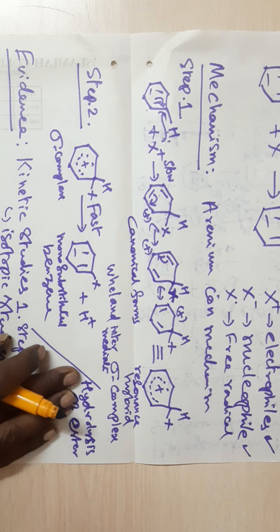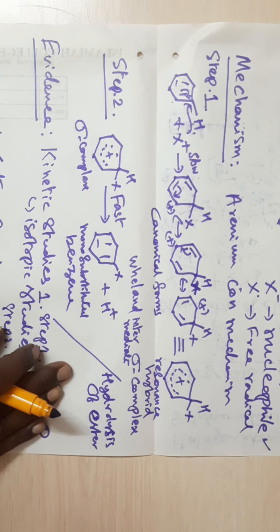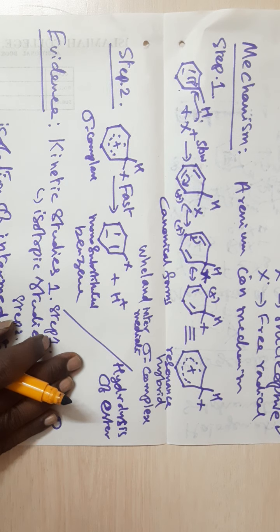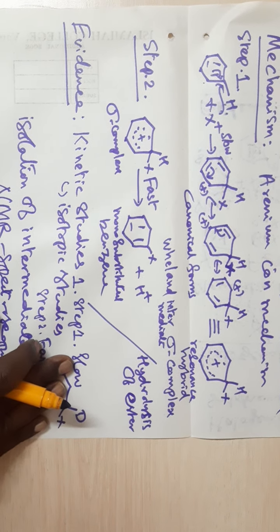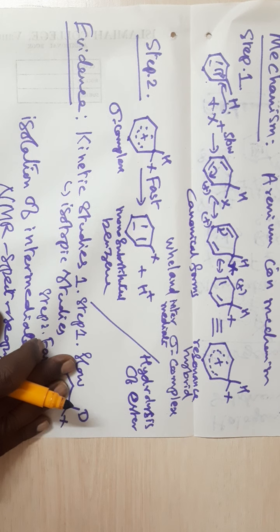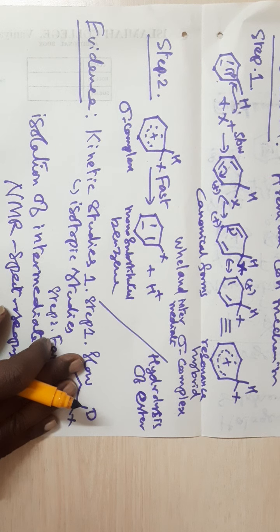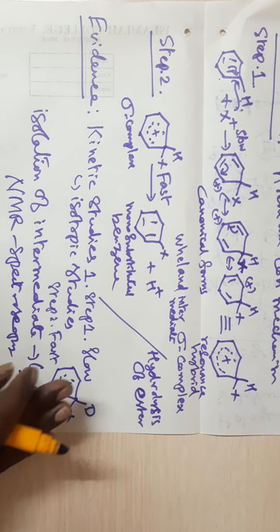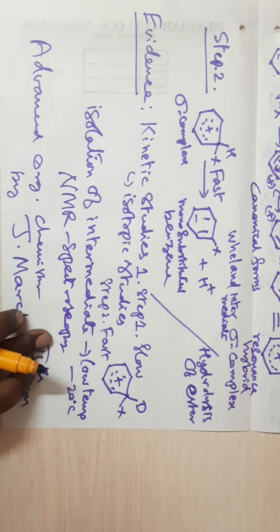Step 1 involves the attack of the electrophile. It takes place very slowly. You are able to draw resonance structures. They are called canonical forms. The average of these resonance structures is your resonance hybrid. It is called the sigma complex or valent intermediate. In step 2, if the sigma complex loses a proton, you get monosubstituted benzene. This is the general mechanism.